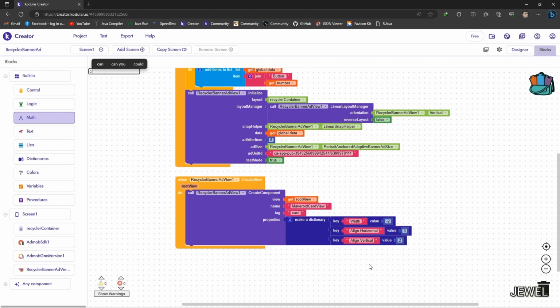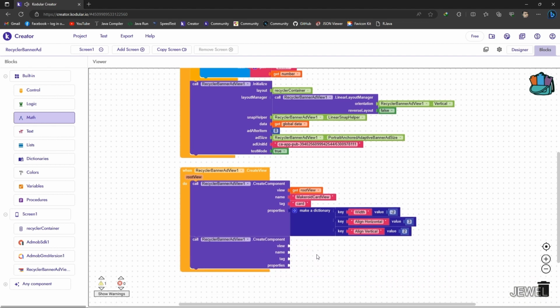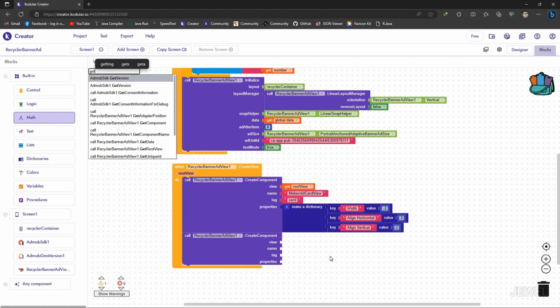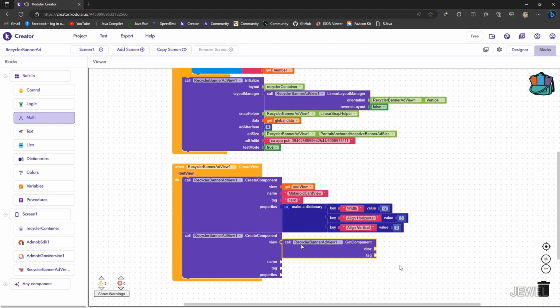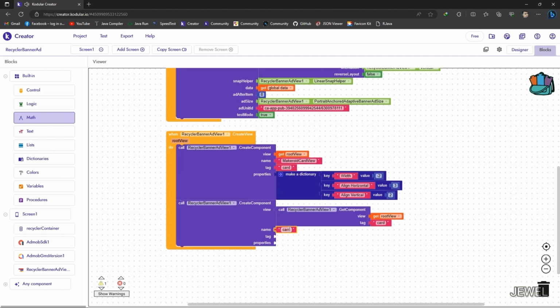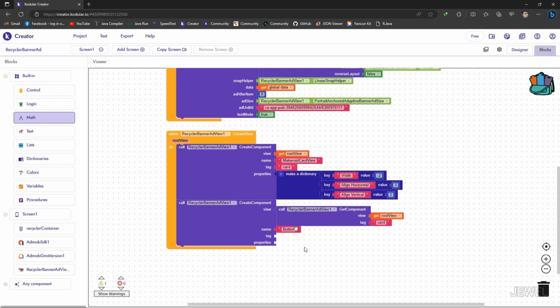Now need to create another view in the card view. Here I will create a button view inside the MakerWeight card view. So here the parent view will be the card view. So get a component by tag card. This will return the MakerWeight card view. So set tag, set name as button. It's the Kodular button